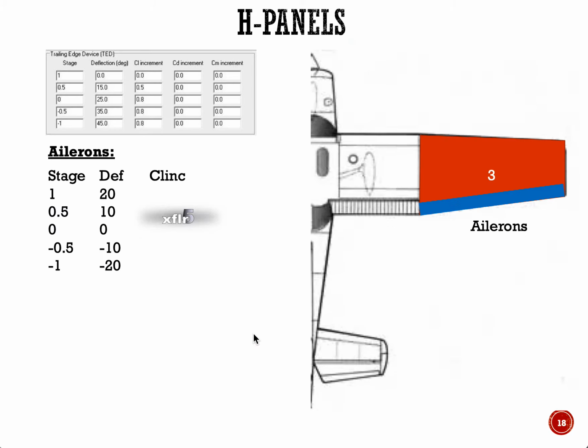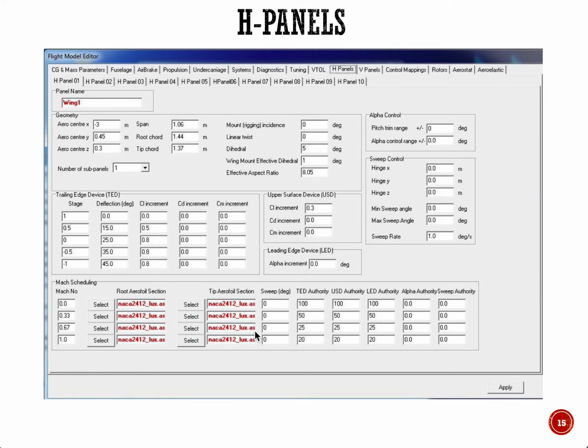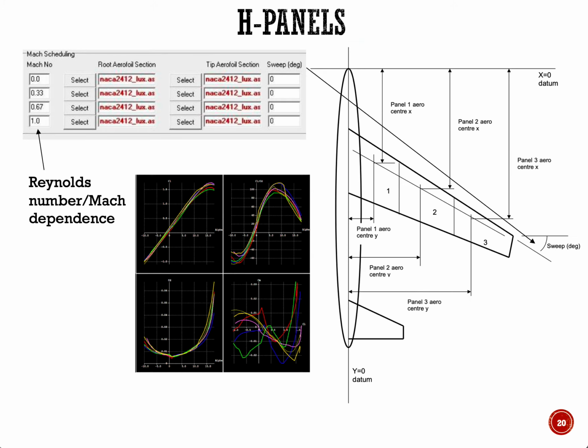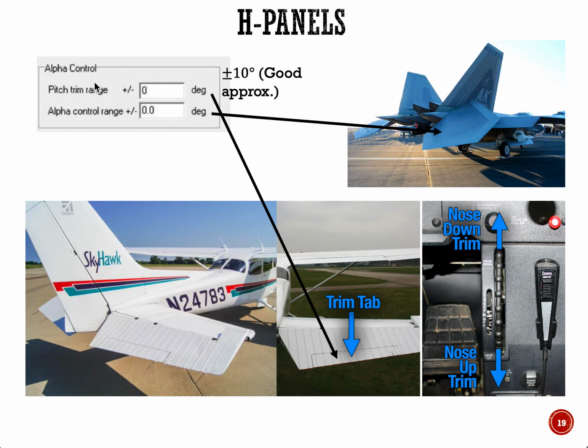Okay. So, if you notice way back in here, there is this alpha control. Okay. So we talked about this geometry. We talked about trailing edge devices. Let's look at the alpha control now. So the alpha control basically says, you got the alpha control. There are two options here: pitch trim range and then alpha control range, right? So for any control surface, for